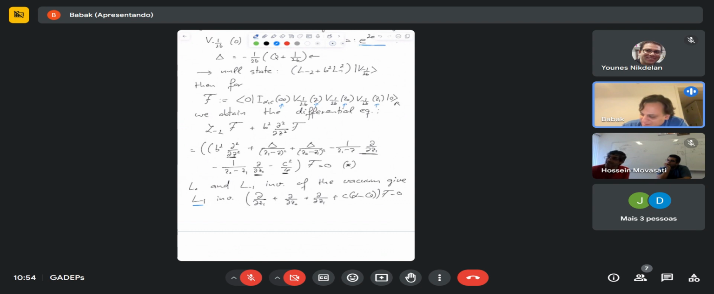Here you insert some L -1, then it acts on the vacuum, right? And it just annihilates it, because the vacuum is invariant under it. But then by using commutation,